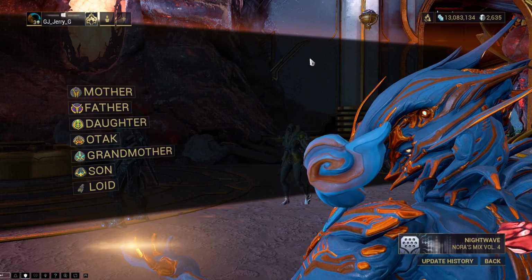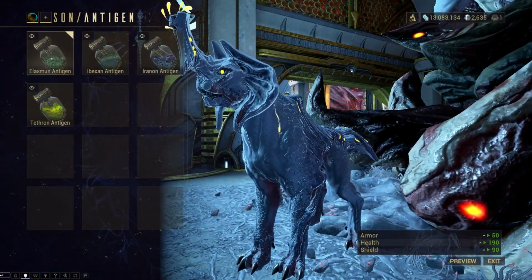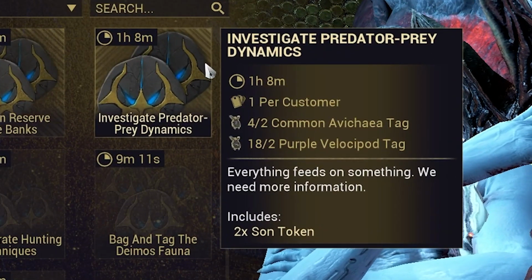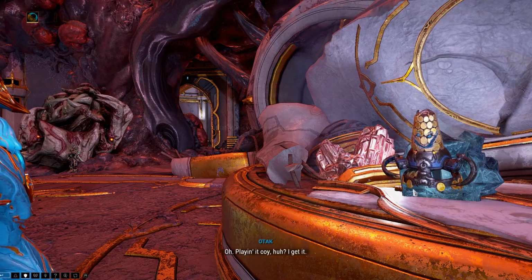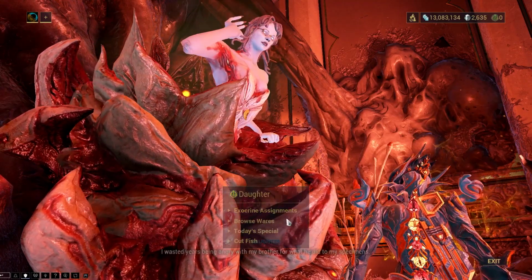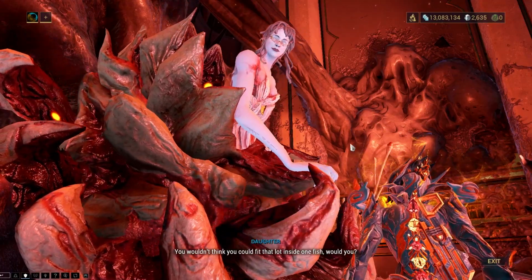Each member provides tokens. The Sun, who deals in creating modular companions and beast conservation, requires the tags from captured beasts to trade in for his Sun tokens. Otak, who sells refined mining blueprints, requires mining materials from the open world to trade for Otak tokens. The Daughter, who deals in fishing supplies and cutting fish for the unique resources, requires these resources to trade in